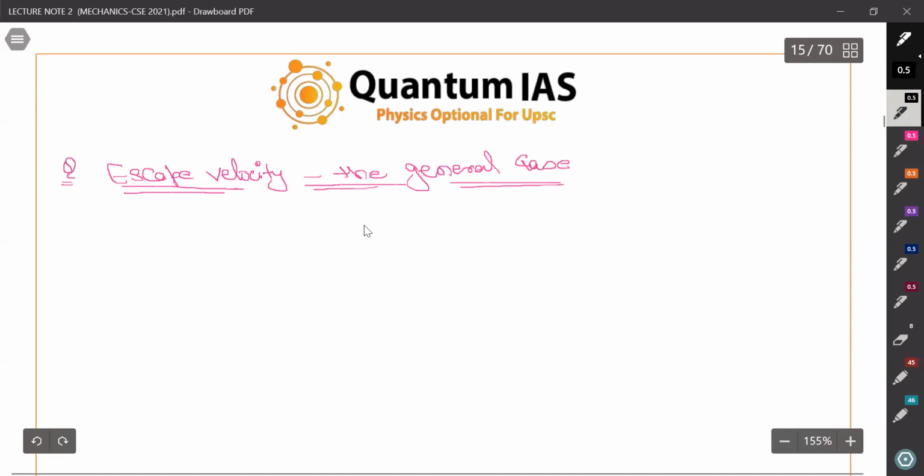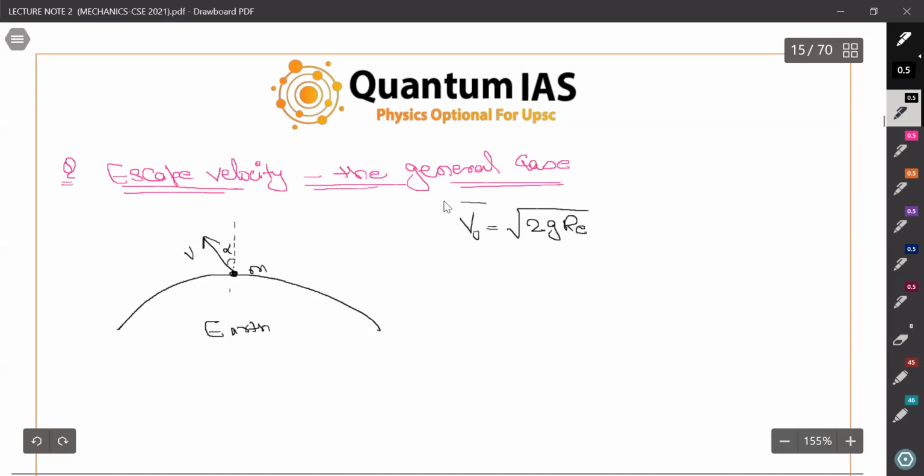Let's suppose this is our earth, and a mass is projected with velocity v, making an angle alpha with the vertical. We need to find out the escape velocity v naught, and that we already know is equal to root 2 g Re, where R is the radius of earth,